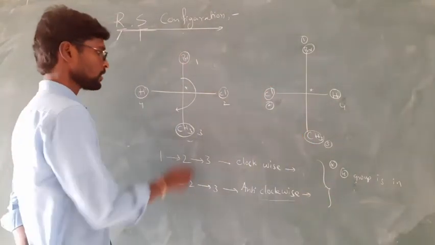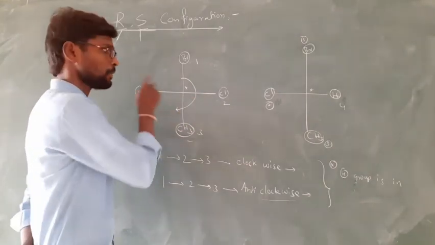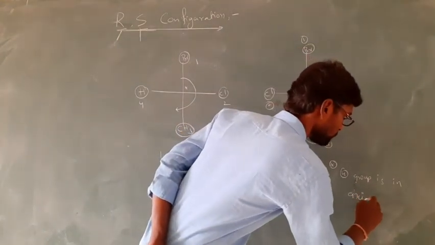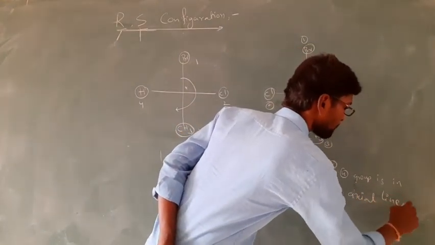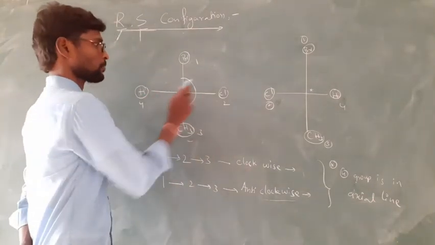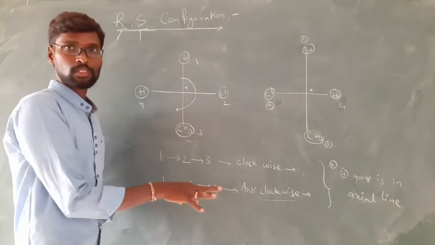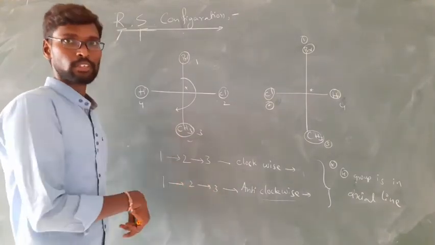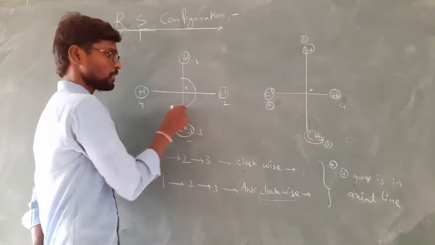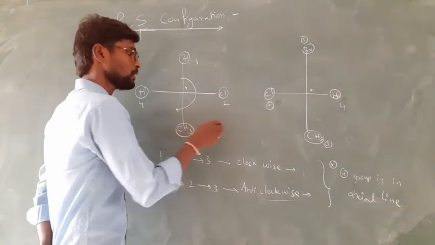How it changes: when the fourth priority group is on the right hand or left hand, that means in an axial position, in the axial line. So here the fourth priority group is there. Now this is inverse. We have to give it in the reverse direction. That means 1, 2, 3. What will come here? Actually, it comes R, but we have to give S here